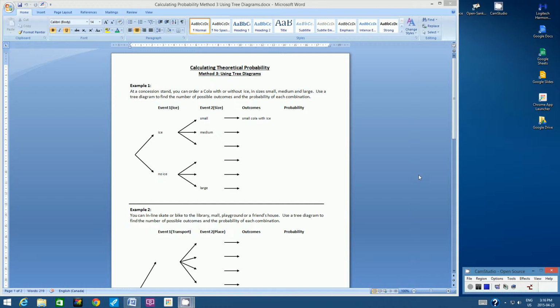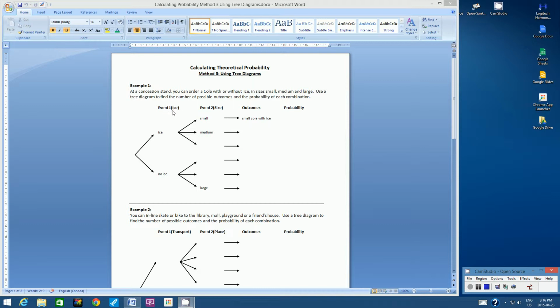At a concession stand, like a snack stand, you can order a cola with or without ice in sizes small, medium, and large. Use a tree diagram to find the number of possible outcomes and the probability of each combination. Okay, so the first thing you have to realize is that we're comparing two separate things that we're going